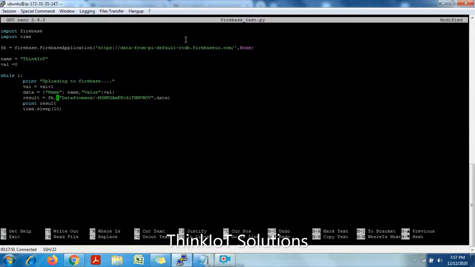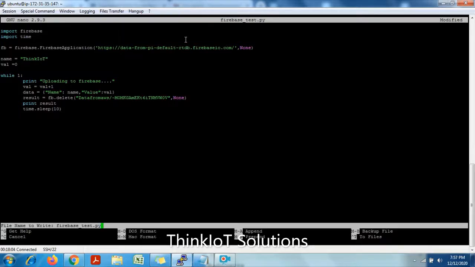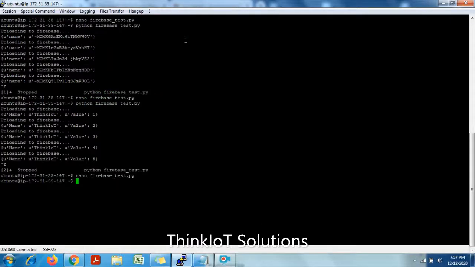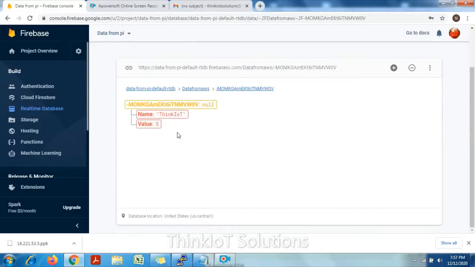So delete, and here in place of data, as I want to delete it, I will directly say none. None indicates the total data should be deleted. Then Control O, enter, Control X, close it. Now I will run this file, and you can see this instance will be deleted.